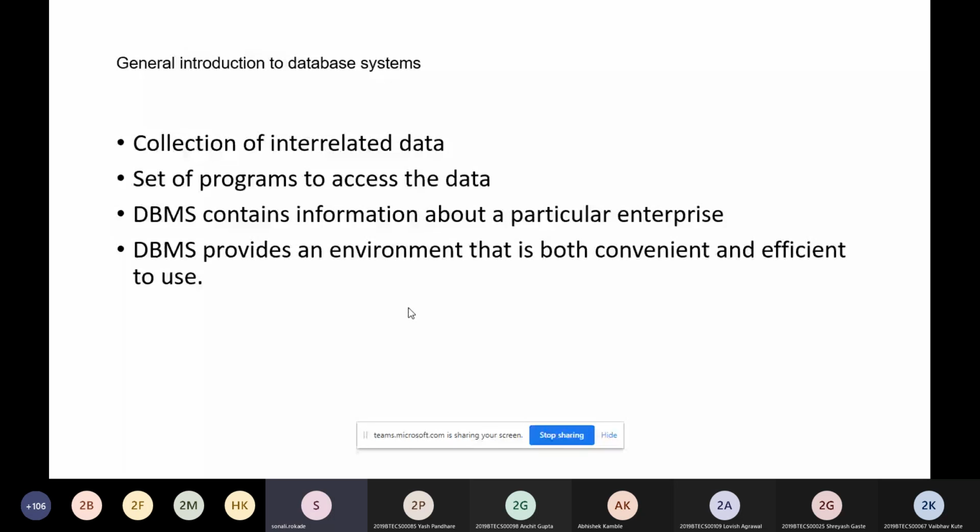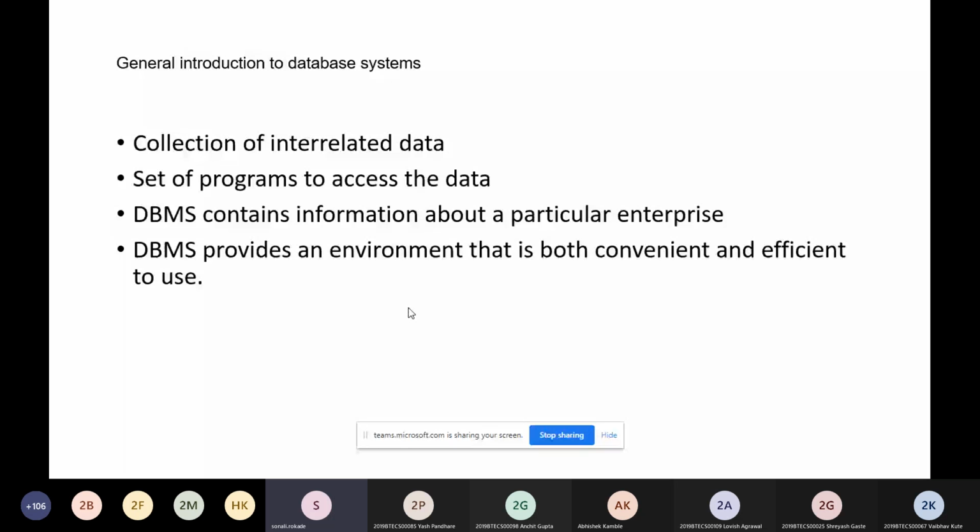So a database management system contains information about a particular enterprise, and it also provides an environment that is convenient and efficient. By using a single application, we cannot handle the whole data. In previous eras, we had a file storage system, where all data is stored in file format. So size and security became a matter of concern. After some development, the database evolved.